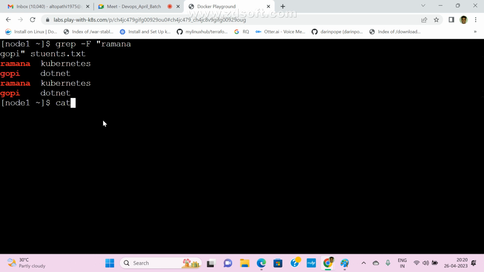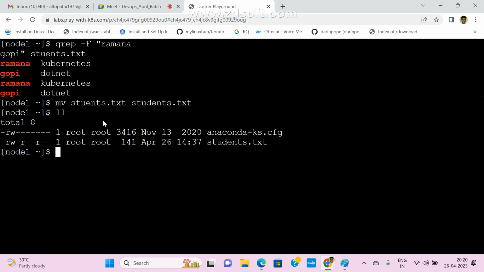So now this is my file, cat space. First let me rename it. mv space students dot txt to student. Okay, students dot txt. Now there is no doubt, spelling and all correct, right? Students. Now there are regular expressions also we can use here. Already you know how to check regular expressions. Now ls space, we are passing something, right? I want to display capital A, this is a regular expression.